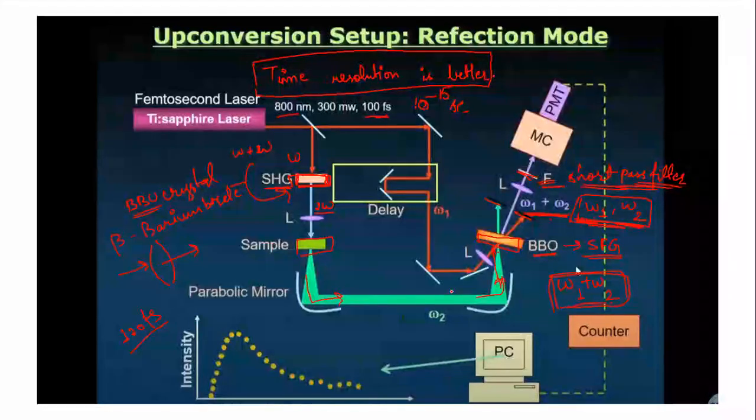In the same way, in the up conversion reflection mode, you use parabolic mirrors instead of lenses, so that the light beam does not pass through any material. The resolution time of this instrument is therefore better than that of the transmissive mode. Okay,